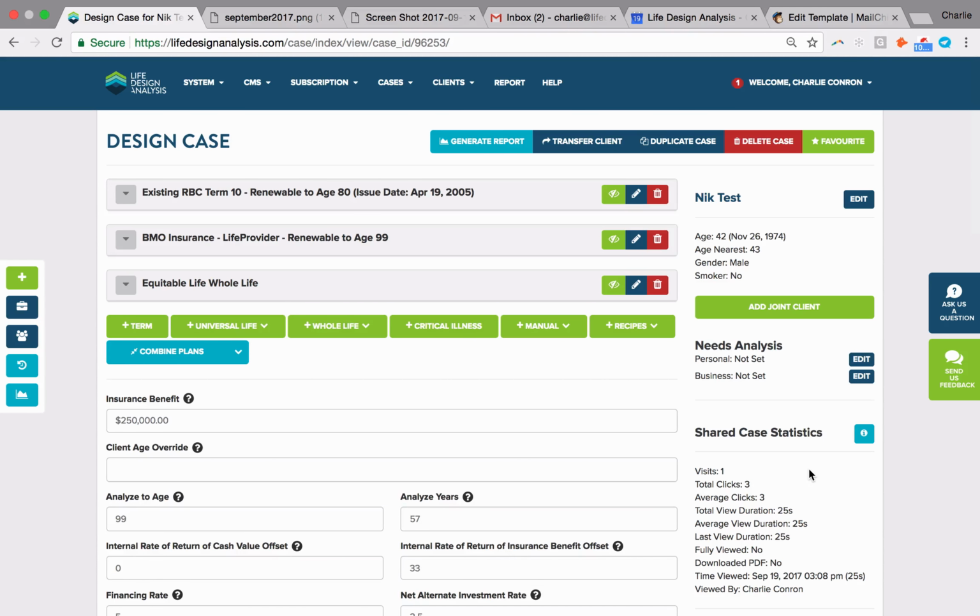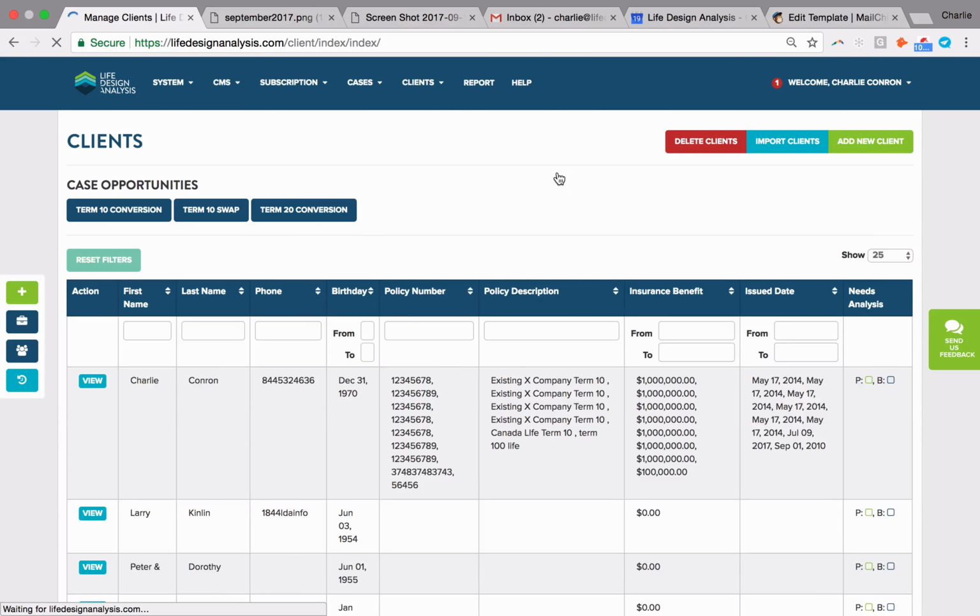So thanks so much for our webinar. We had a few updates that we wanted to share with you this month. Most of them are just very simple. So one of them was we've tried to make the manage clients area a little bit easier to read. So we've condensed the needs analysis into these nice little icons and pushed out the size there. One of the other things was adding a reCAPTCHA to a shared case.